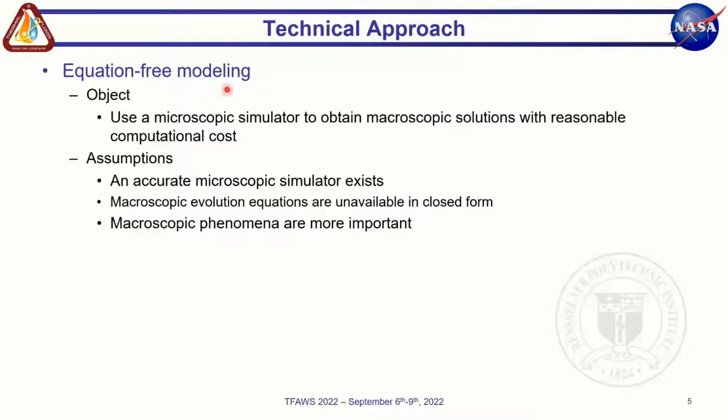For the equation-free modeling, the initial design is to use a microscopic simulator to obtain macroscopic solutions with reasonable computational cost. There are some assumptions: we have an accurate microscopic simulator, and the macroscopic evolution equations are unavailable in closed form, but macroscopic phenomena are more important. The original example for this is in the chemistry field. We know molecular dynamics equations are very accurate, but it's impossible to use them to simulate real chemical reactions. So they developed the